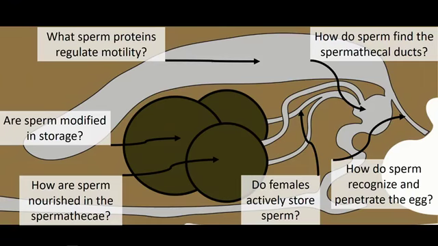So in conclusion, I've described a system to you that I hope at least some of you weren't already familiar with, and I think it's a really important one to study. I've also described a framework by which I hope that I and other investigators can begin to unravel the mysteries behind these mosquito sperm and how they function in a female. And it's my hope that ultimately some of this work will lead to improved or new vector control strategies.